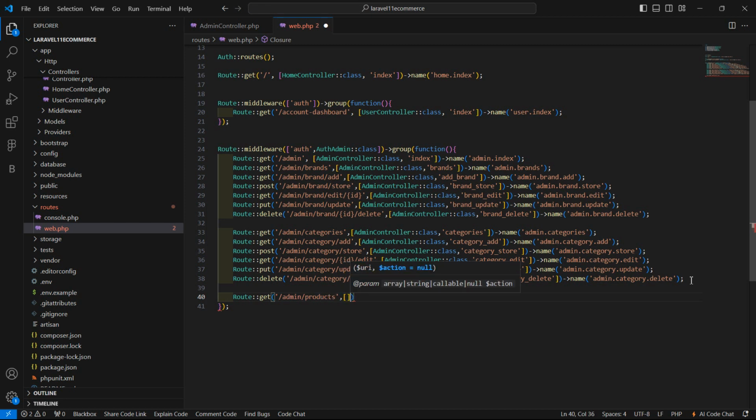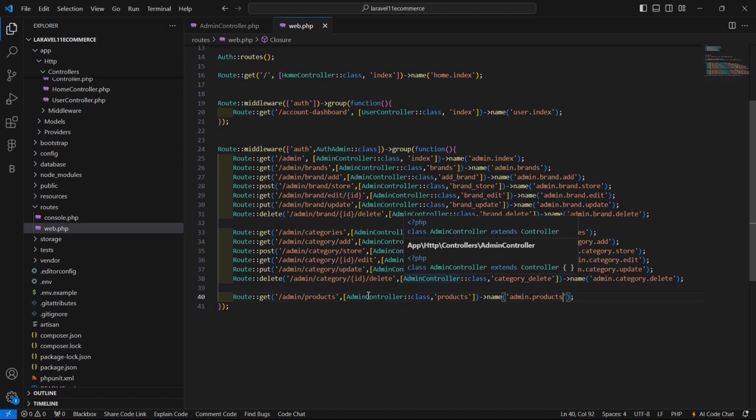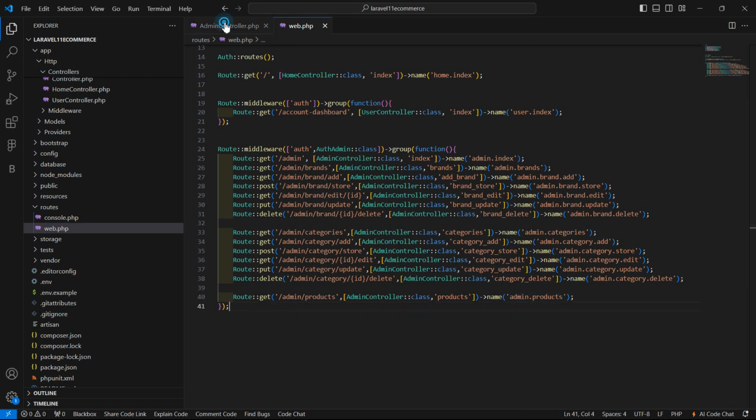Okay, and then controller name admin controller colon class, and then add here the function name which is products, and now give the route name admin.products. Okay, now save this, and now let's copy this route name